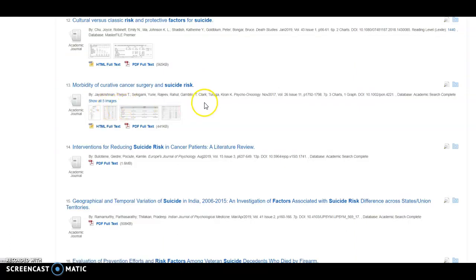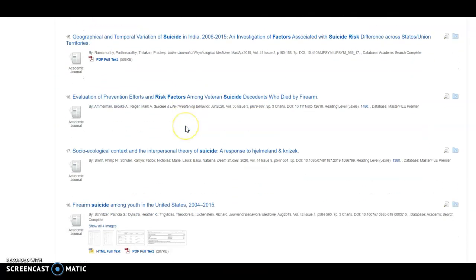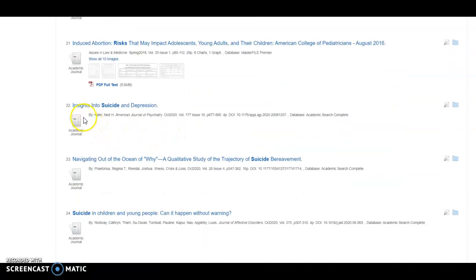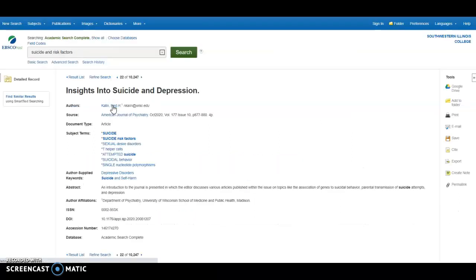Now, some of these do not have links to an article. So if I go down to number 22, and I see this one that says Insights into Suicide and Depression, and if I think this is one that I want, it's coming from the American Journal of Psychiatry, there's no link here to an article. So if you'd like to get a copy of this article, you can just send myself or our other librarian a quick email. So you can click on the title, and then over here you can use the email button,